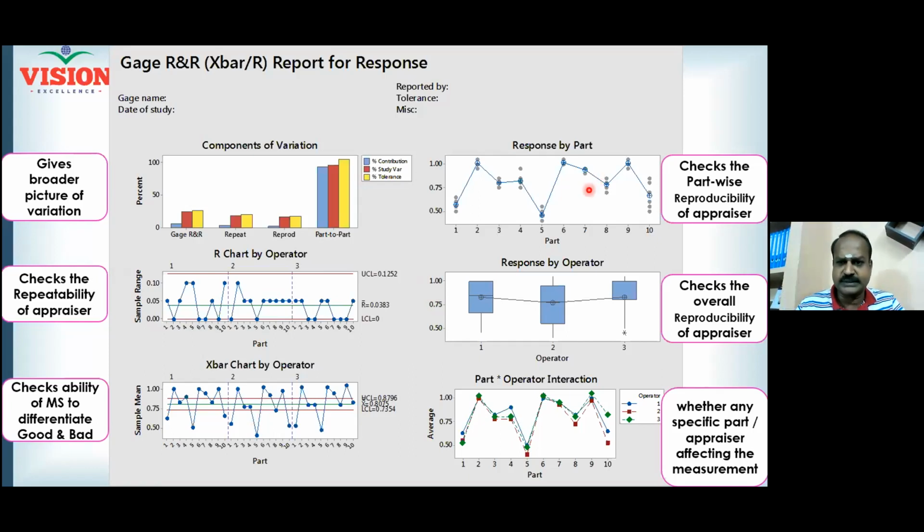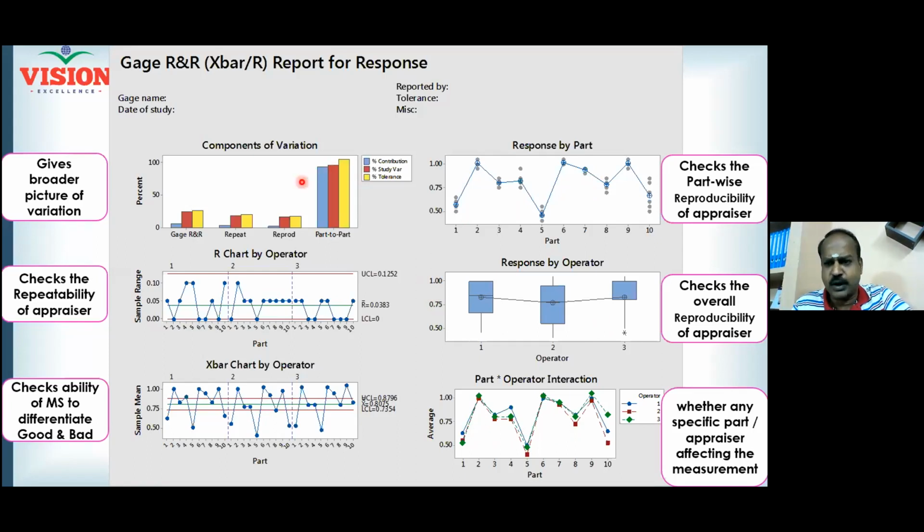And the fourth one is called the dot plot, right? Along with the line drawn. And then the fifth one is the box plot. The sixth one is, again, a dot plot only, but we are going to call it the interaction plot because it helps us to understand the interaction.